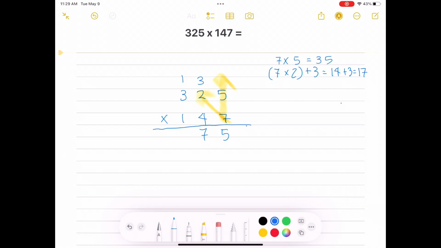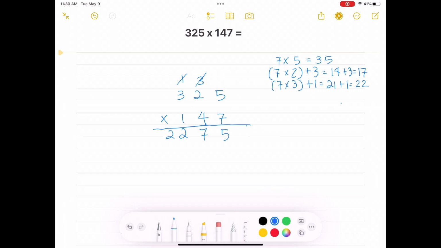Now you multiply the ones digit of the lower number by the hundreds digit in the top number. 7 times 3 plus 1 that was carried from before. And that would be 21 plus 1, which equals 22. Write down 22. All right, we clean up a little bit by crossing out the numbers that were carried from